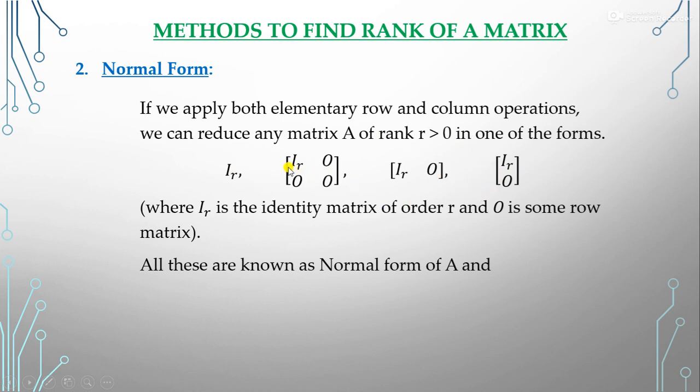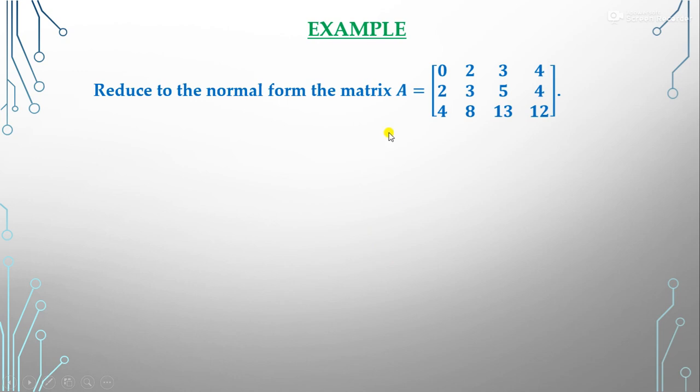And how do we decide the rank now? You see which order of identity matrix you found, that is the rank of the matrix. So if you have the rth order identity matrix, the rank is r. Clear how to decide the rank? So let's do some examples for this. Here you have this question: reduce to the normal form and find the rank. This is your matrix, a 3 cross 4 matrix.